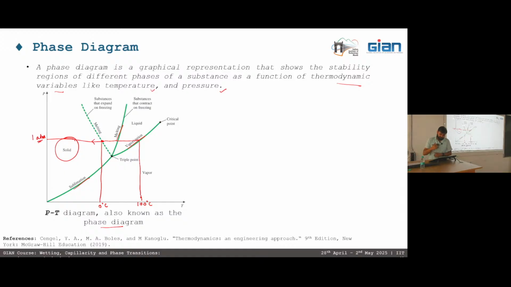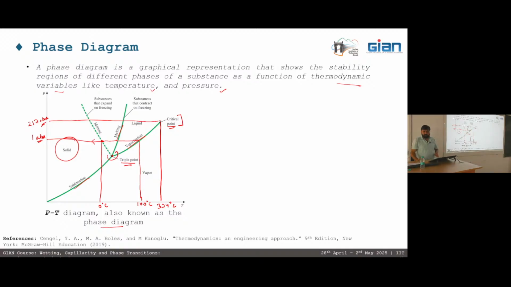In addition to that, we have several landmark points like the critical point or the triple point. Triple point is defined as a point where all the three lines meet. It is a point where all the phases can coexist. On the other hand, the critical point is defined on the vaporization line, and beyond this point, we cannot distinguish between vapor as well as liquid. In the case of water, we cannot distinguish if it's liquid water or if it is steam. And for water, this point is at 374 degrees Celsius, and the pressure is 217 atmospheres.